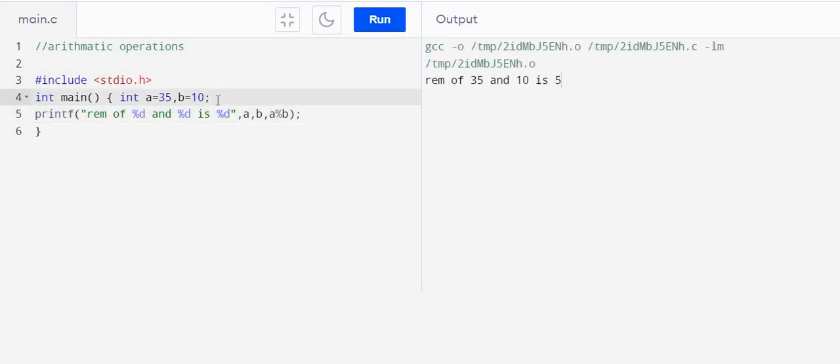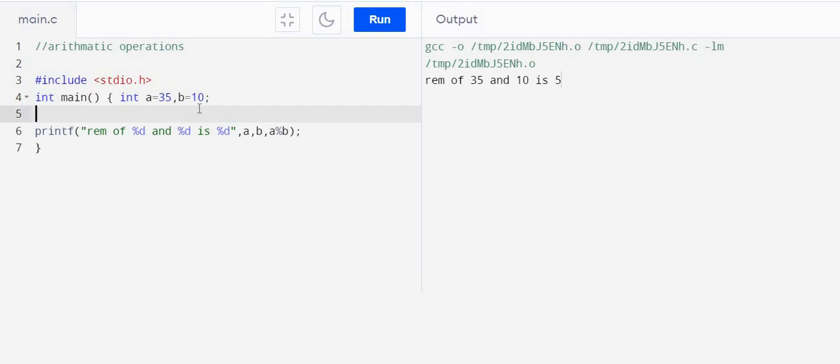Now let us use one more type of assignment operator. Suppose C is the answer, then comma C. C is one more variable. Now you can say C is equal to, suppose, A cross B. Then C will generate the value of A cross B. Now you will write here product of A and B is this. So instead of here we'll see C. So value of A, value of B, and the generated value of C is this.